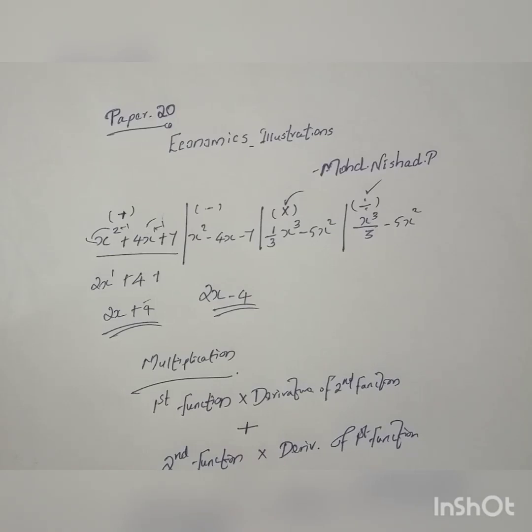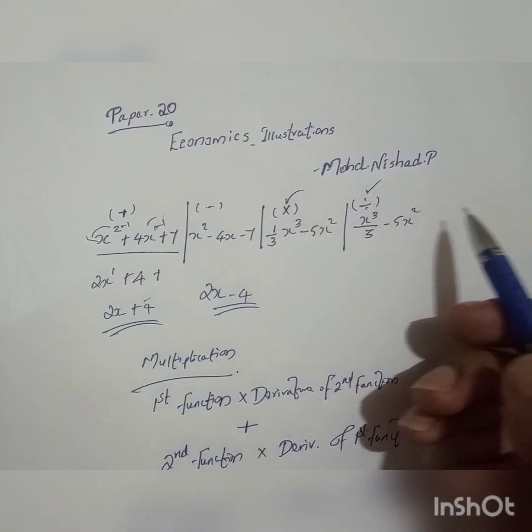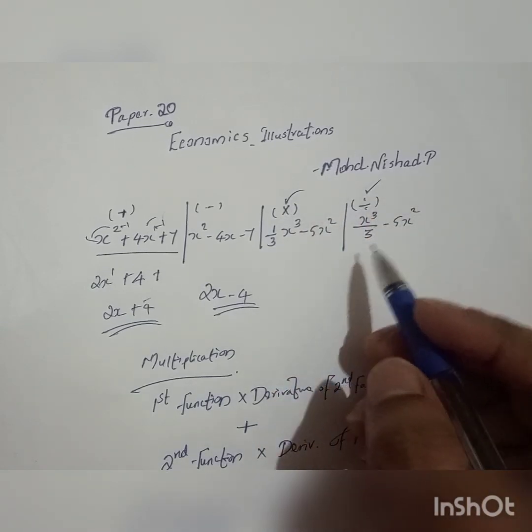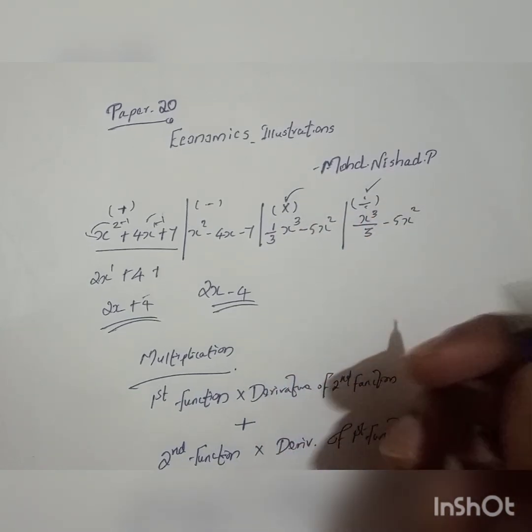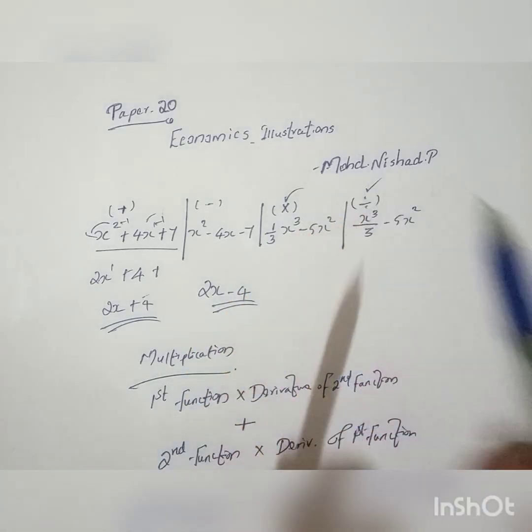Hi everyone. In the last video I gave you an introduction to this chapter, and in this video we'll be looking at how we can solve problems involving multiplication and division. Apart from this, we'll also be looking at how cost minimization problems are to be attended to and what the basic rules are to be followed while solving a cost minimization problem. So we'll move on to derivatives involving multiplication as well as division.